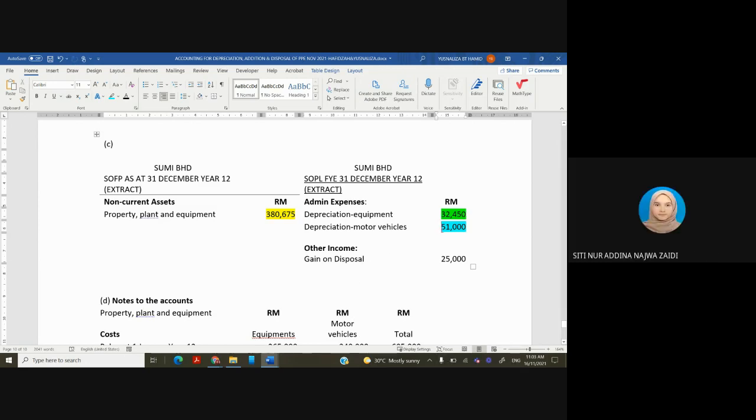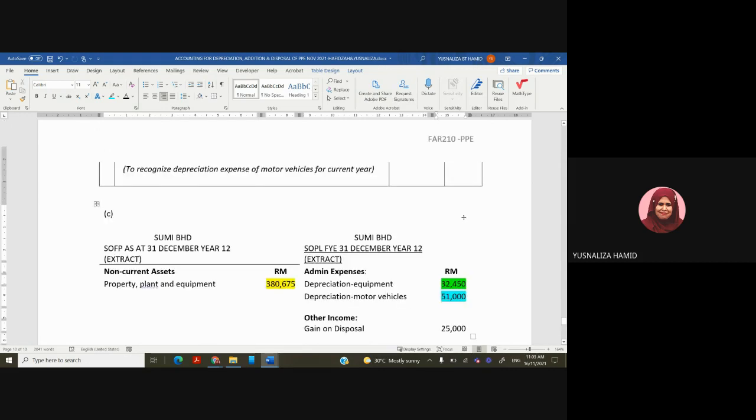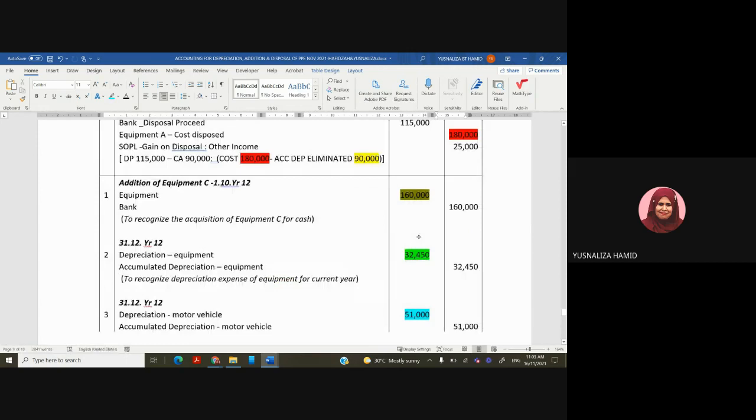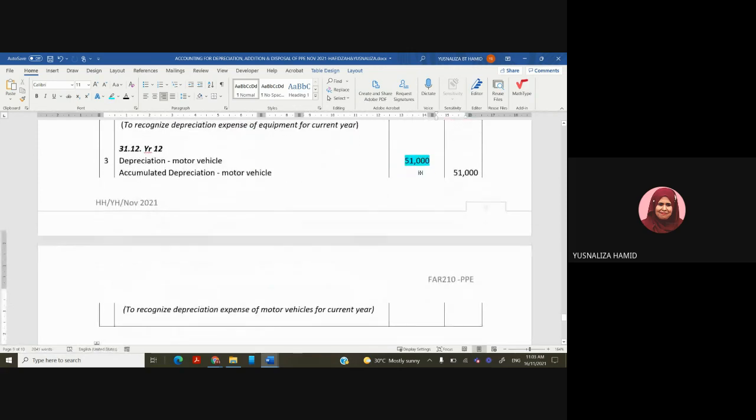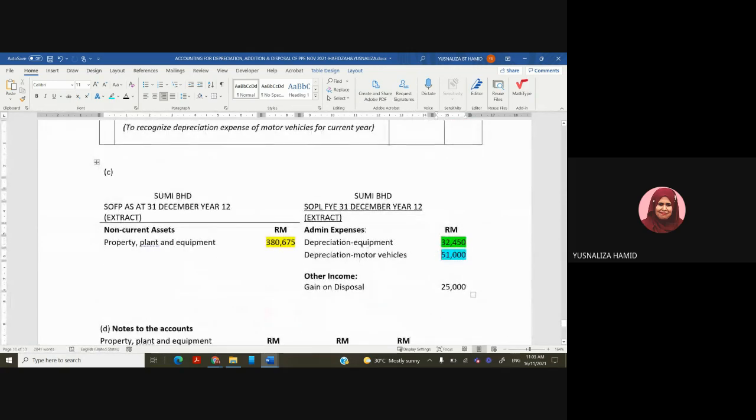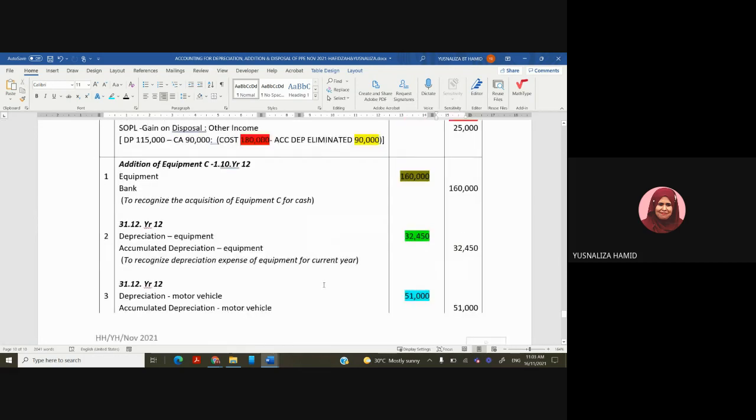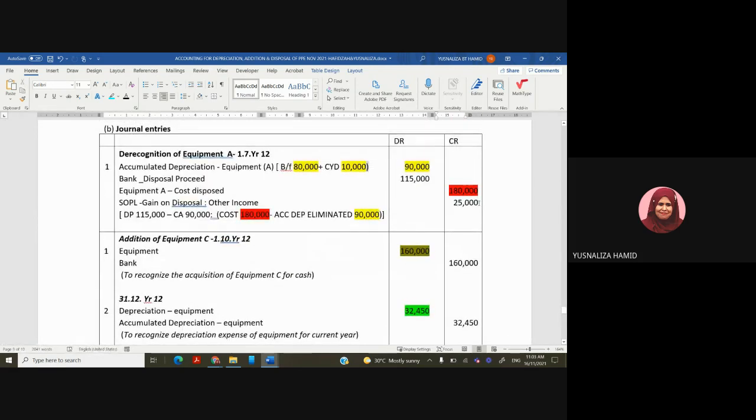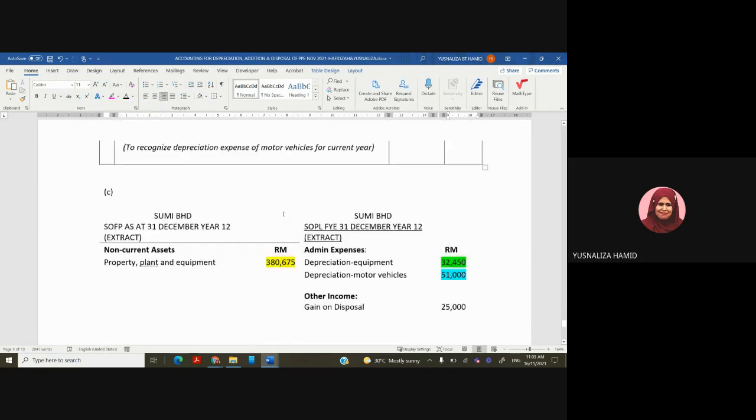Alhamdulillah. So this 32,450 is depreciation of equipment. You know it's from here, right? This 51,000 is for motor vehicle. Okay, you include other admin expenses, unless motor vehicle is used for selling purpose, so that would be under distribution and selling. Gain on disposal is this figure here. So let us just put some color for this so that it's easy for us to see. Okay, this is the one here,